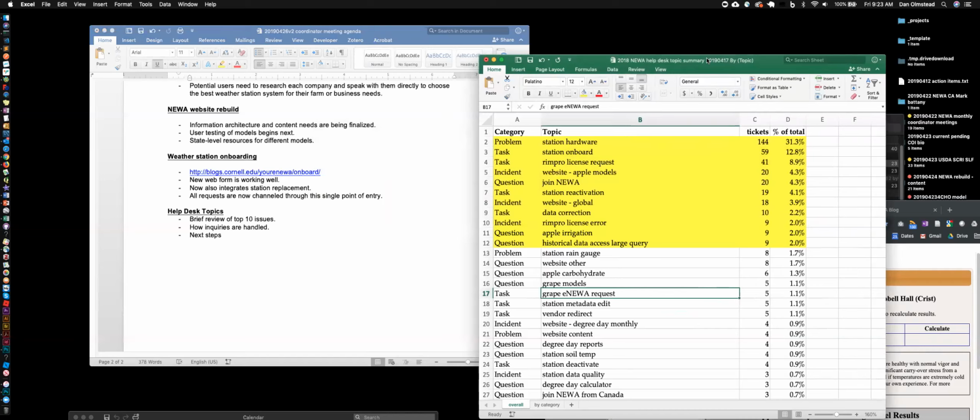I thought it was really interesting to see what the patterns were, and I believe I shared maybe the top 10 list. I can't remember at this point, but just to go through them quickly, you're going to see that the number one issue was station hardware. I'm not going to rehash it. I think we all know what that situation was.